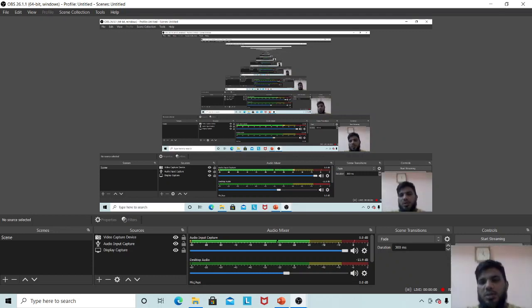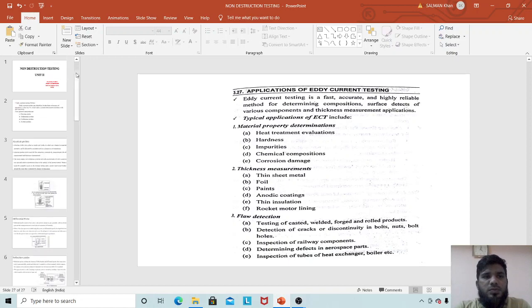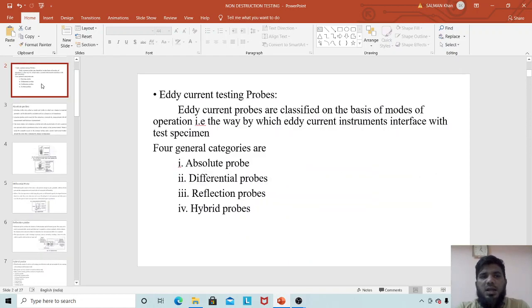Now we are going to discuss how we are going to identify the eddy current. What are the various types of probes which we generally use in eddy current testing? So what is a probe? Generally it is a device which is used to find